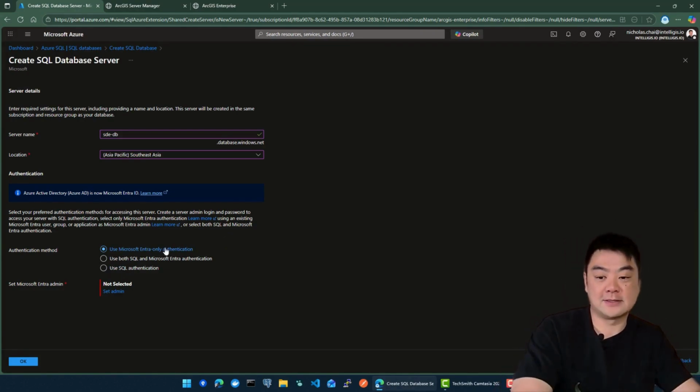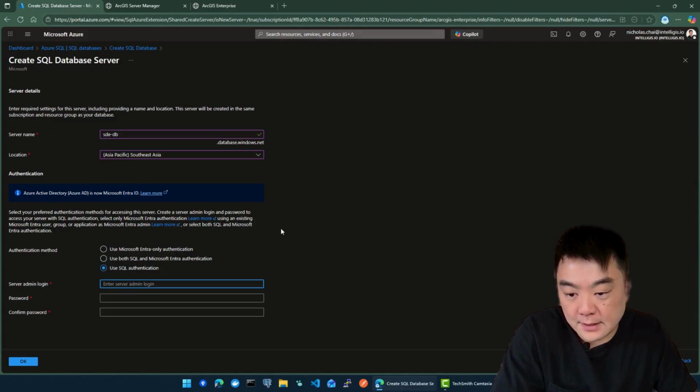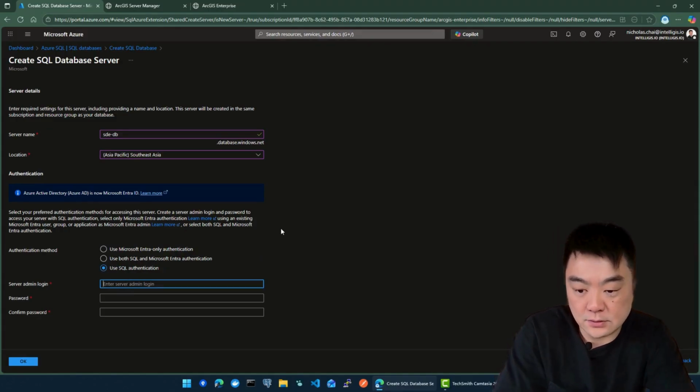If you know what that is, you can use Entra. That's kind of like Active Directory, I think. But we're just going to use SQL authentication. So we'll go down here. You can either go both, or we'll go SQL, and then the admin, so we can just call this